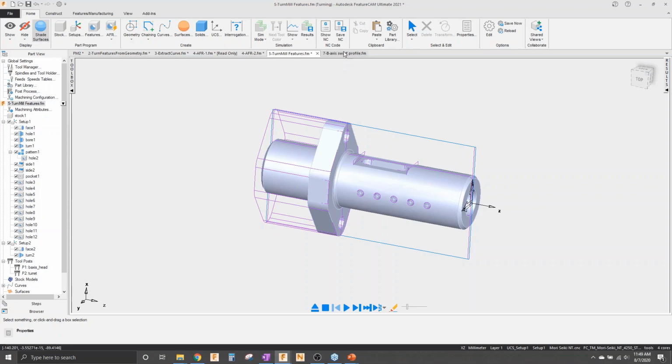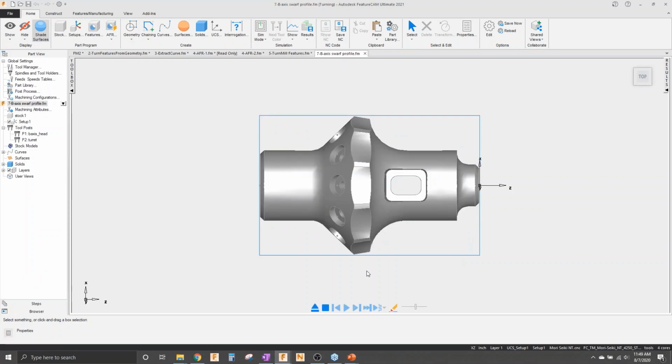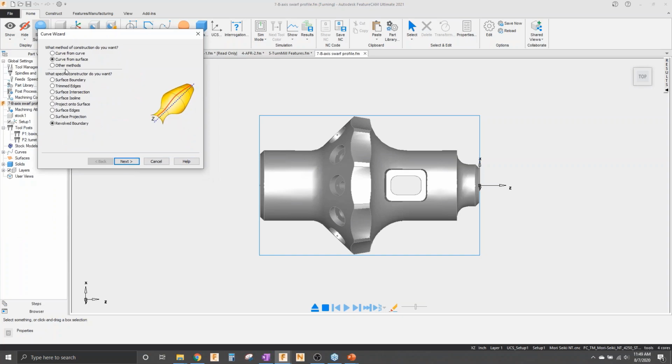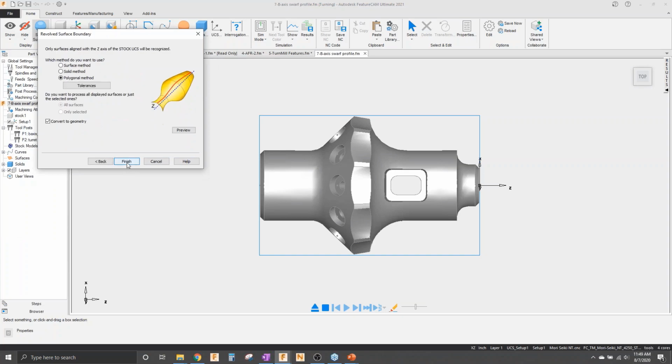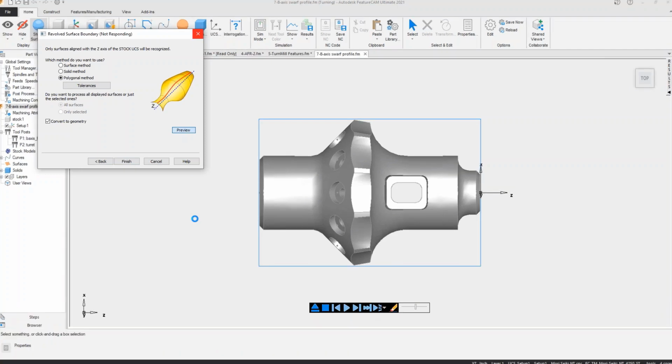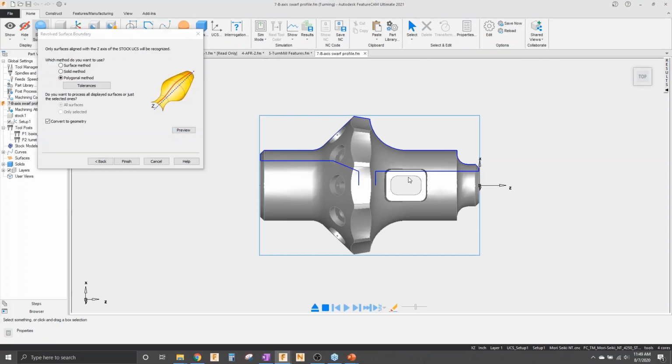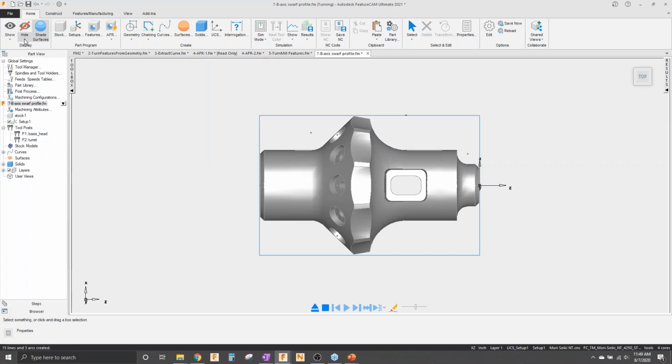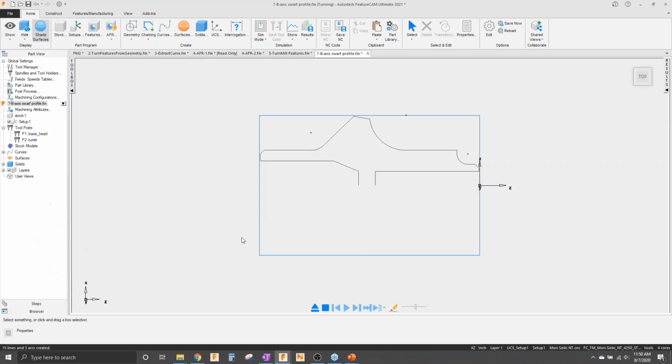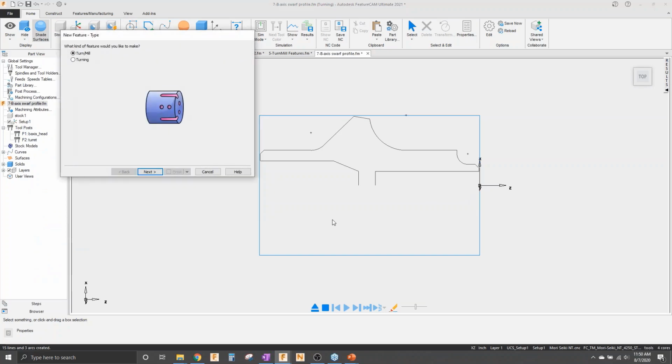The last thing I want to cover is going to be some simultaneous B-axis work. So I'm going to extract a curve from this. So curve from surface, revolve boundary, hit preview. That looks good. Convert to geometry and hit finish. And then I can hide my solid and features,